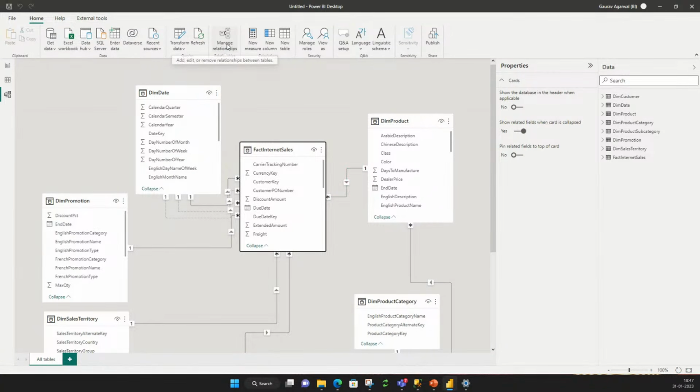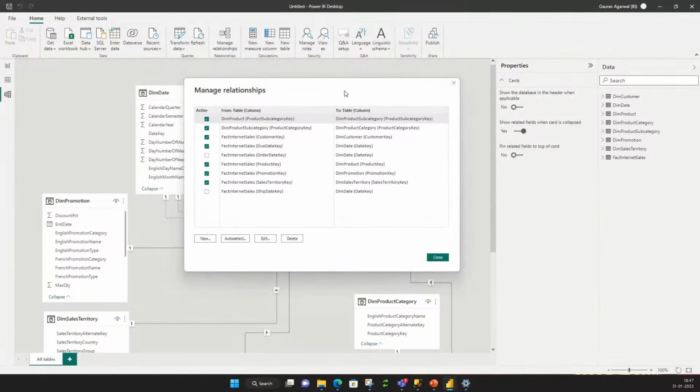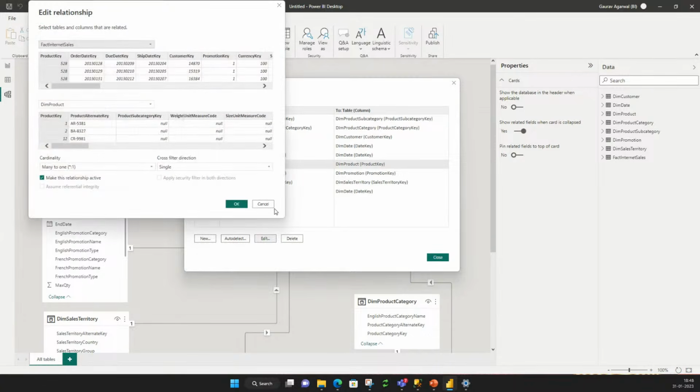If there is no relationship, how can you do it? There is a button on top which is known as Manage Relationships. Once you click it, it will open this window for you, where you will be defining those relationships that do not exist. So let's say this relationship, fact internet sales versus dim product, and once I click on edit,